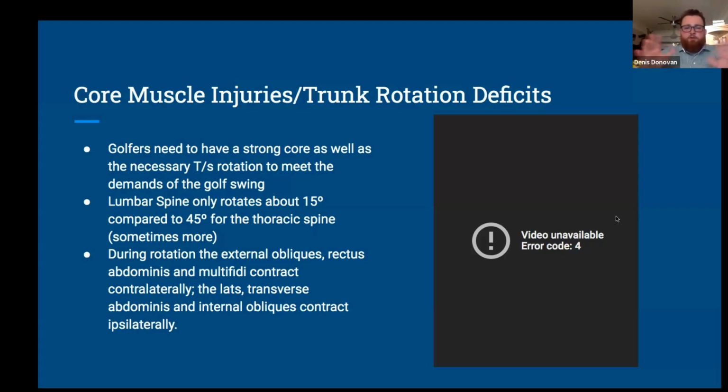Typically, the lumbar spine only really has about 15 degrees of rotation, not really biomechanically designed for that, whereas the thoracic spine has closer to 45. So during rotation, the external obliques, rectus abdominis, and multifidi will contract contralaterally, whereas the lats, transverse abdominis, and internal obliques will contract ipsilaterally. I'm not sure why this video isn't playing, but basically it was a video of me using that